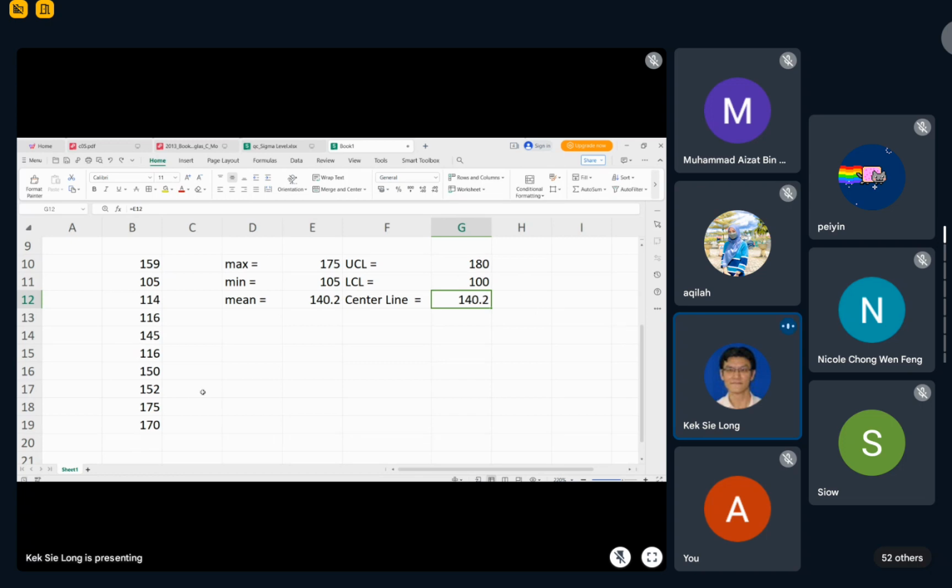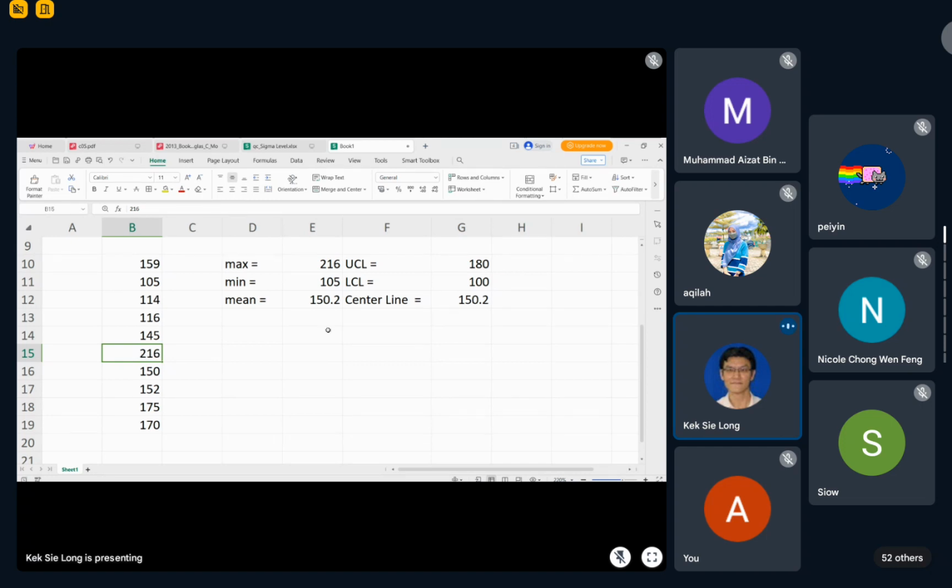Let's say now there is a point greater than 180. So let's say this 116 becomes 216. So do you notice the mean? Originally it is 140.2, right? But because of 216, this value,